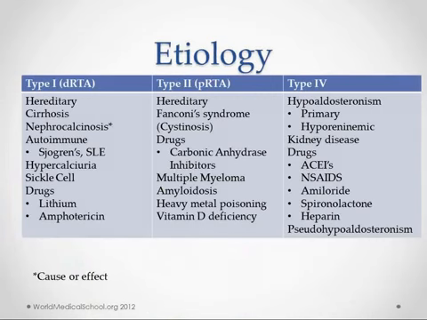So type 1, what are the causes? Hereditary causes, cirrhosis, nephrocalcinosis, autoimmune disease like Sjogren's or lupus, hypercalciuria, which is related to nephrocalcinosis, sickle cell disease, and drugs like lithium and amphotericin. So the main ones there: cirrhosis, hypercalciuria, autoimmune disease, and drugs. Type 2 can also be hereditary,